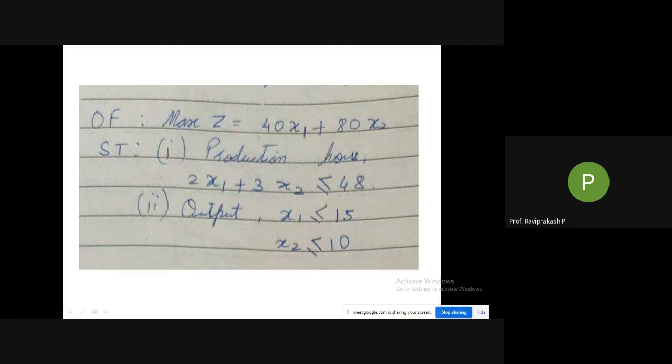The only thing here is that the x1, x2 non-negative condition is being cut, so I'll write it here. Even the non-negative condition, that is x1, x2 greater than or equal to 0, you need to write. Make sure you write it in the question. Write the question and draw the graph. Find out the points and draw the graph. Next step.